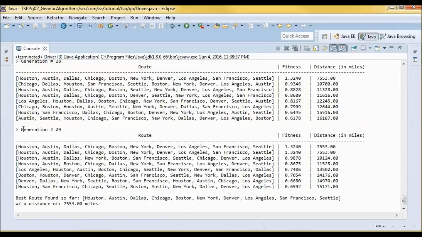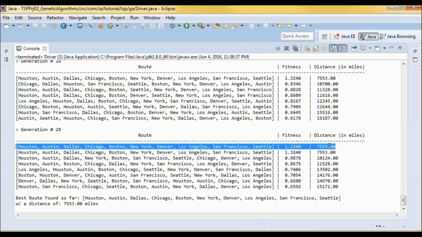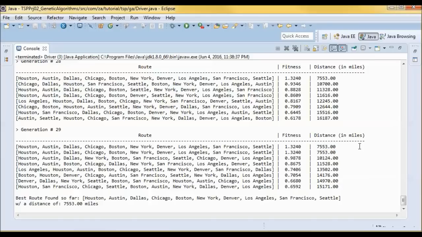And we went to generation 29, where the fittest route had a distance of 7,553 miles. So this is the best route found so far. So we go from Houston and we pass through all those cities, and then we come back to Houston from Seattle.